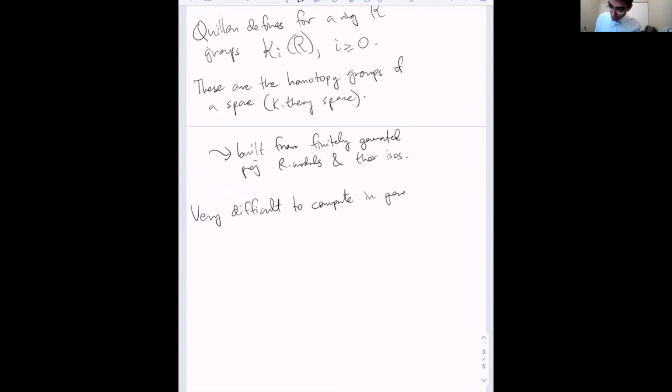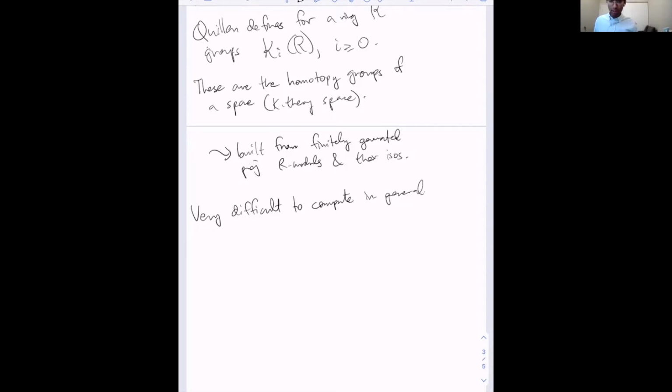There are actually very few examples where higher algebraic K-theory is completely computed. There are not so many rings for which one knows all the K groups, and maybe the most famous example is the case of a finite field, which Quillen computed. So very early in the subject, Quillen computed the higher algebraic K groups of a finite field, but there are very few complete computations. For example, the integers is not